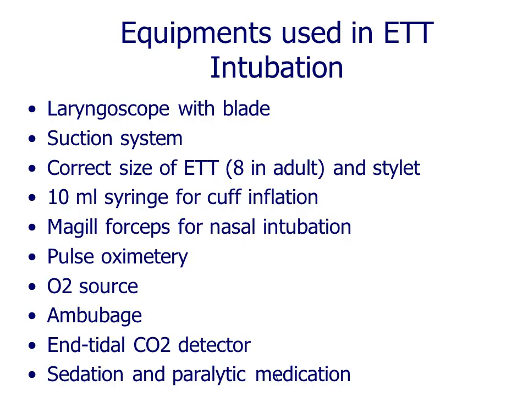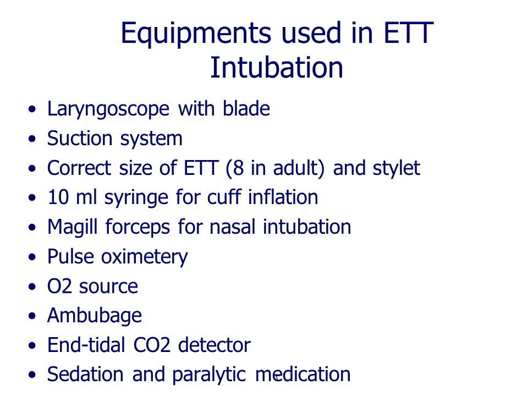There is different equipment used in the process of endotracheal intubation. Laryngoscope with a blade that is used to visualize the larynx in order to have a good view for the insertion of the endotracheal tube. Suction system, correct size for the endotracheal tube, mainly 8 in adults, and a stylet, which is a tube that is used to stiffen the endotracheal tube, 10 ml syringe for cuff inflation, McGill forceps for nasal intubation,